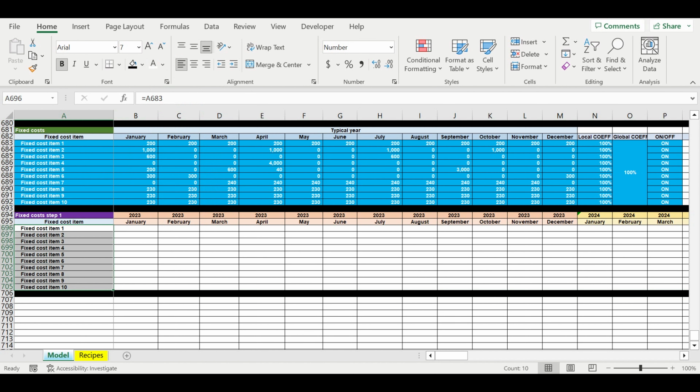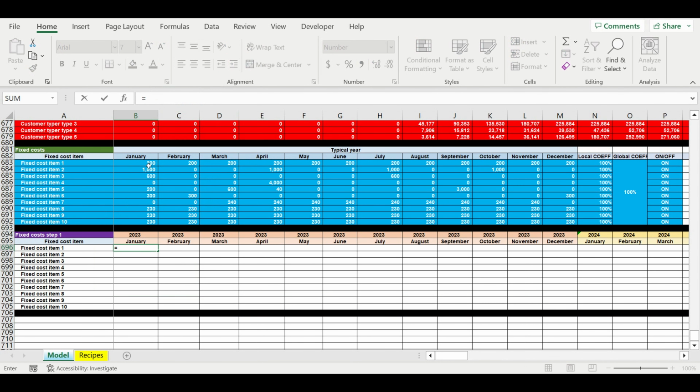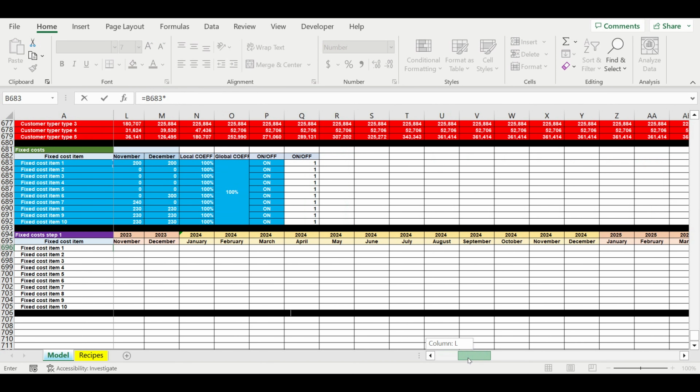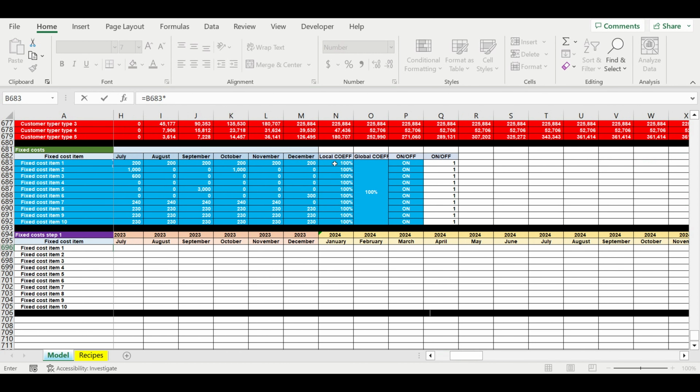So what I will do now, I will take this input, I will multiply it on the local coefficient, I will freeze the column, then I will multiply it on the global coefficient, I will freeze this cell completely,